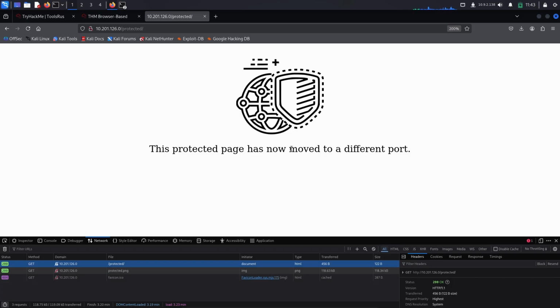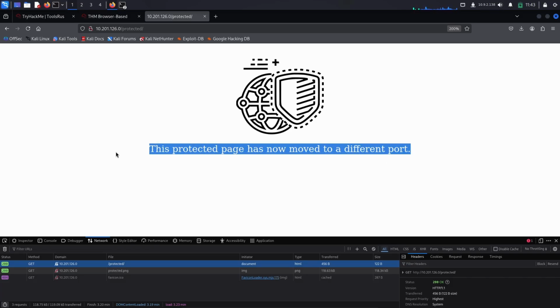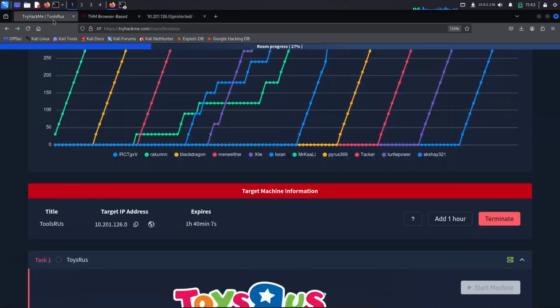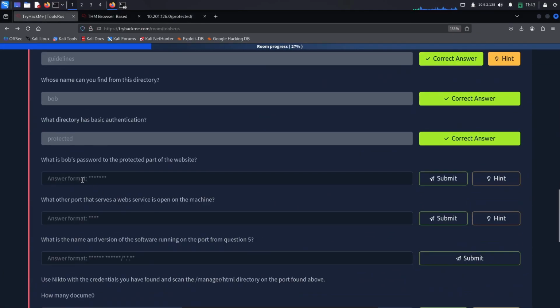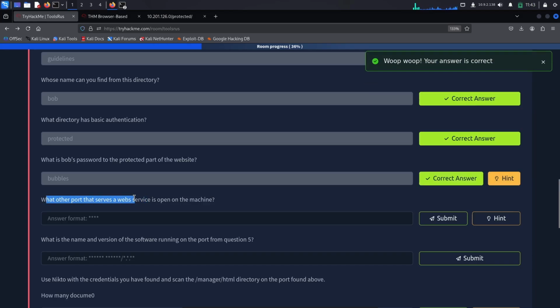It has now moved to a different port. So anyways, let's answer this question. What other port that serves a web service is open on this machine? So before